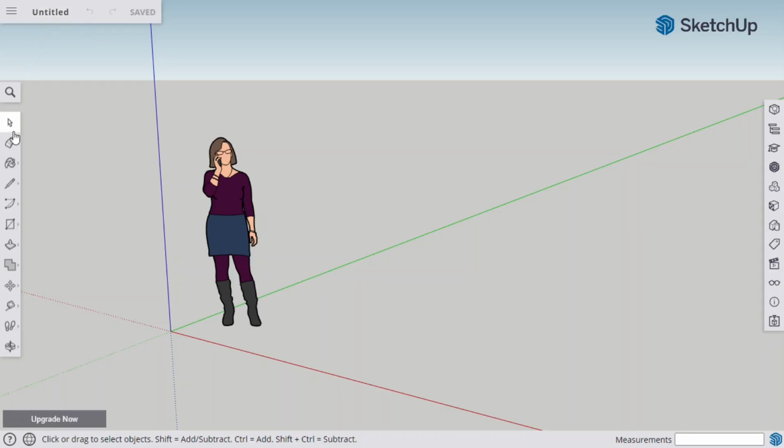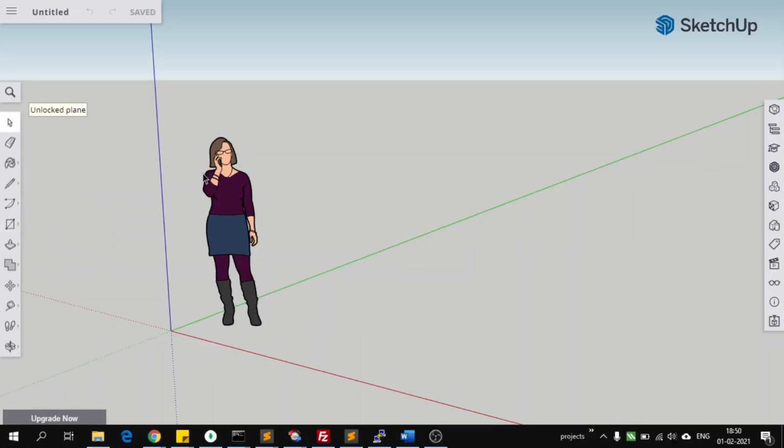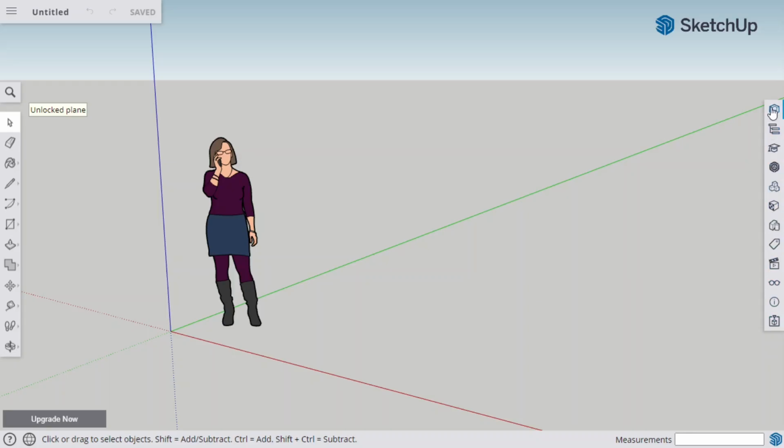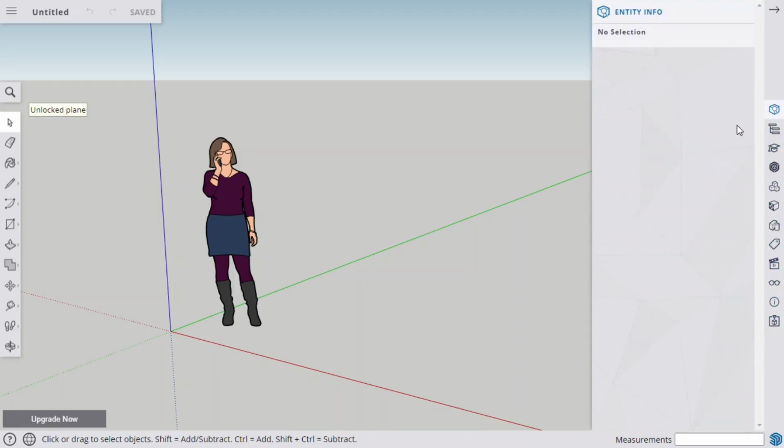On the left hand side here, you have this toolbar from which you can pick the tool that will be used when creating model. You can even see this small arrow besides some of the tools. This represents that there are more tools hidden in there. You can just click the tool with the arrow and hidden tools will pop out for you to select one of them. On the right hand side, you have panels that will give you more idea about your selected elements.